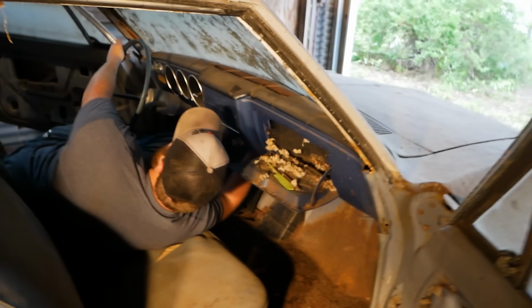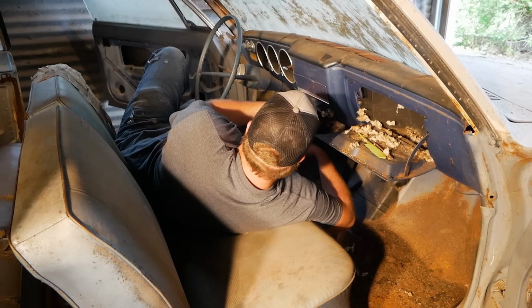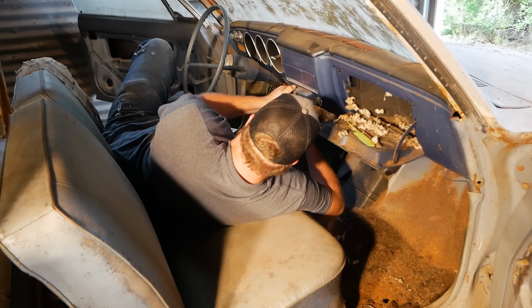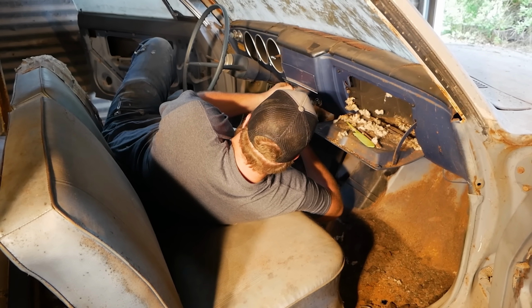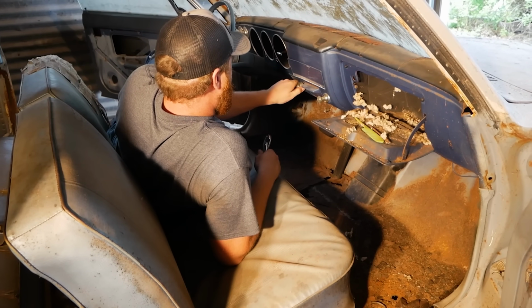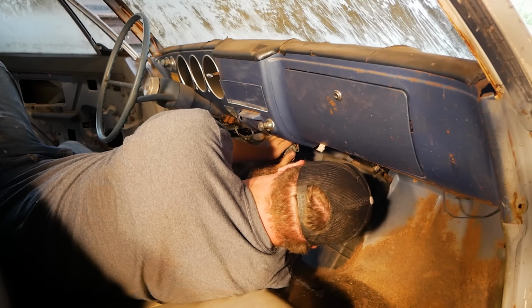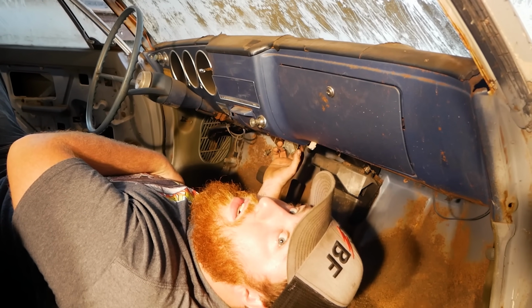Let's see what we can do to hotwire this thing. Like in the movies, you know? I didn't think you'd be able to remove this without the key, but really they weren't too terribly concerned about people keeping their Corvairs as a long-term thing. Yeah, there we go. Mook, can you give me a flat screwdriver